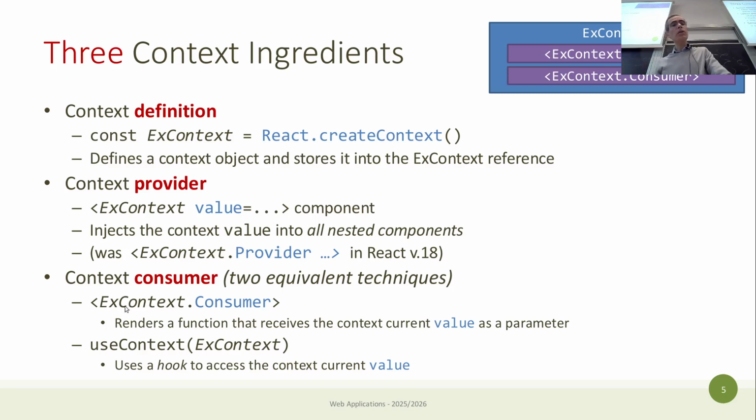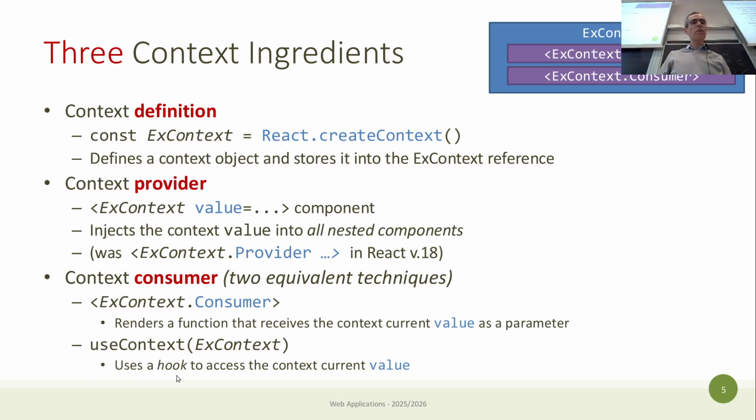And then there is the context consumer, and to get access to this information, you have two equivalent techniques. Either a component, which I must tell you is a bit cumbersome to use, so we will not use it. We will see an example, but it's not in the example I provided to you. Or, much more efficient and much easier to use and to read,